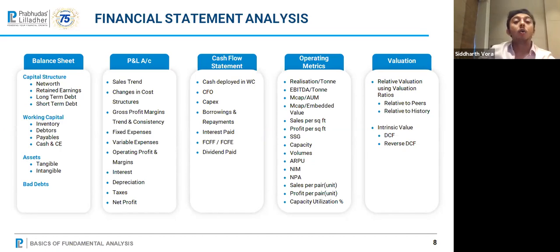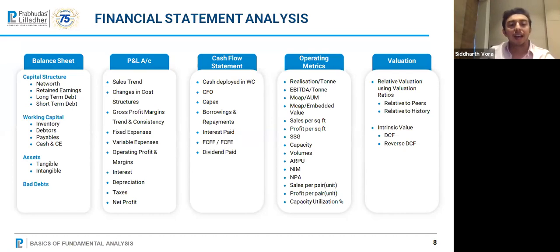I want to see how the gross profit margins are in terms of trend and consistency. I don't want to buy stocks in companies that have a falling trend in their gross profit margins. Also, I don't want companies where the gross profit margins are very inconsistent and very cyclical. To be a patient investor and to sleep peacefully, you want to own companies that are consistent in what they are doing. Very high beta stocks, which have very big moves in their margins, 25% EBITDA margin, 4% EBITDA margin, 12% EBITDA margin. That is very tough to monitor, manage these kind of stocks.